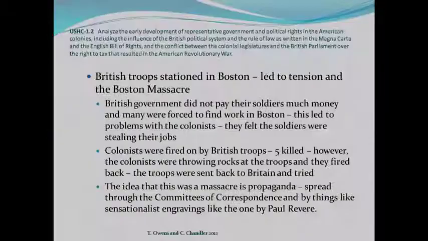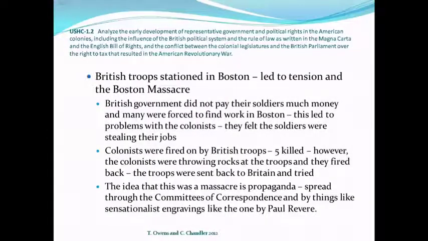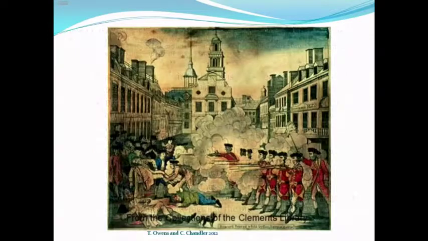Meanwhile, while this is going on, there are British troops stationed in Boston, and those troops are taking some of the colonists' jobs, and that's going to lead to a lot of tension, which is then going to lead to the Boston Massacre. In the Boston Massacre, 5 colonists die. It's really not much of a massacre, but what the colonists use it as is propaganda. In fact, calling it a massacre is propaganda. This picture by Paul Revere shows it as a massacre, even though that's really not how it went. What it was meant to do is to cause the colonists to get upset about it, and this picture does have that effect, where the colonists get upset about the massacre even though it really wasn't a massacre.